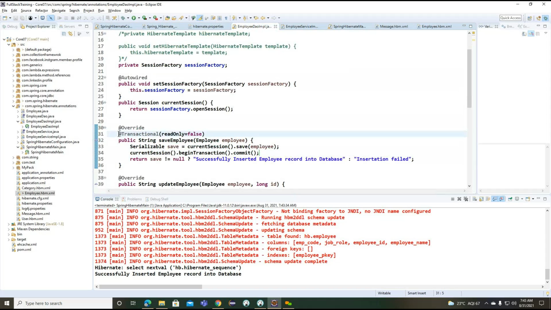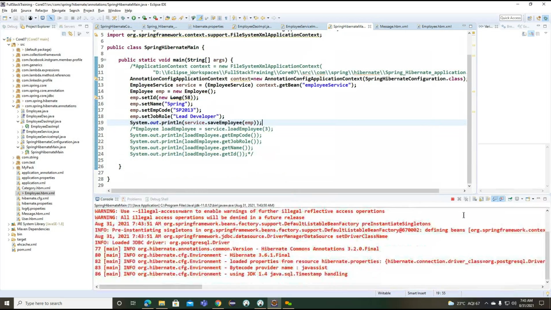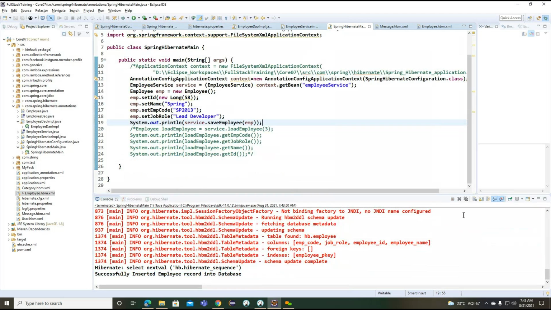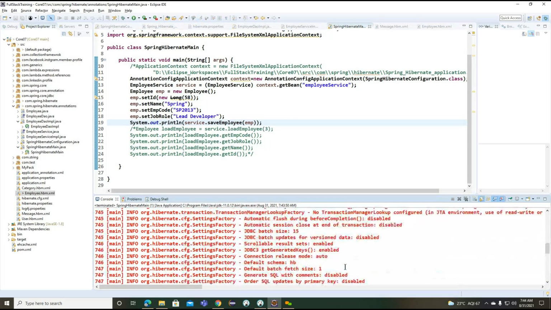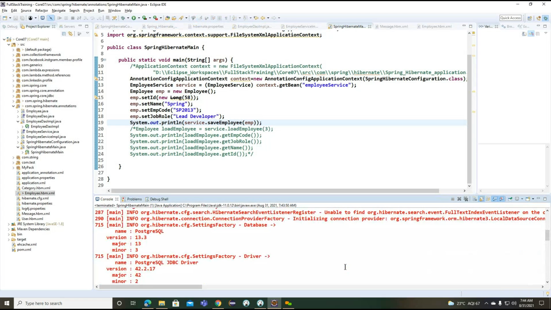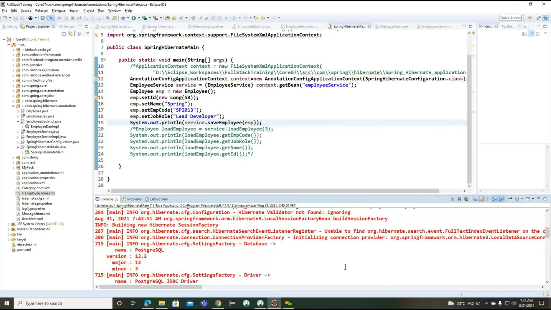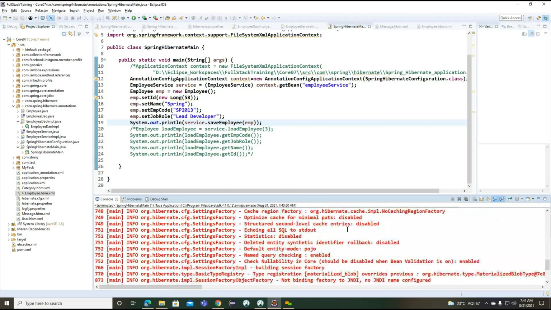Why? Table found, foreign keys, index, schema, materialize blob only, JDBC driver. Okay.